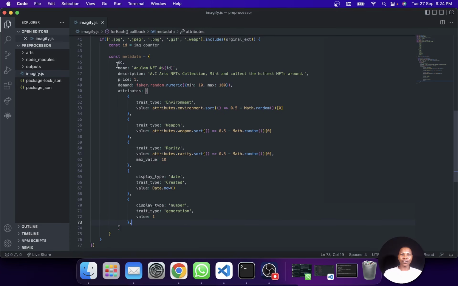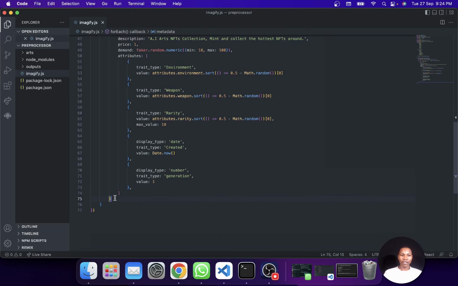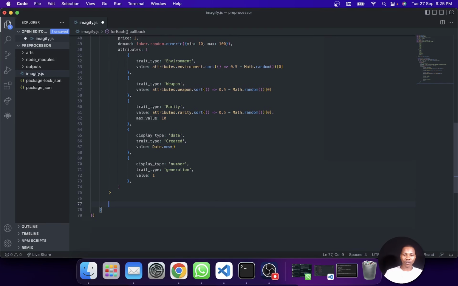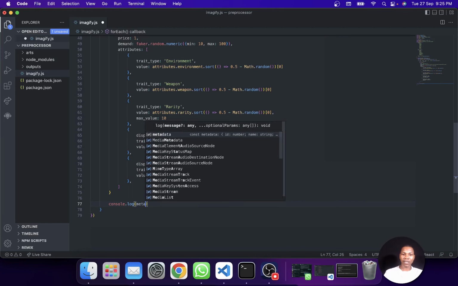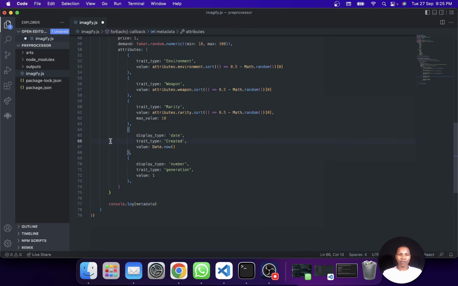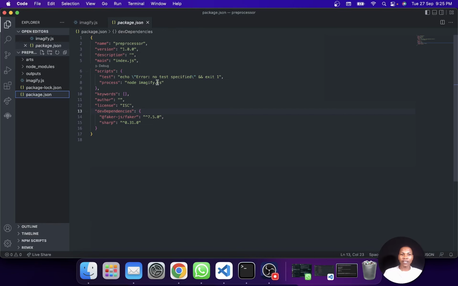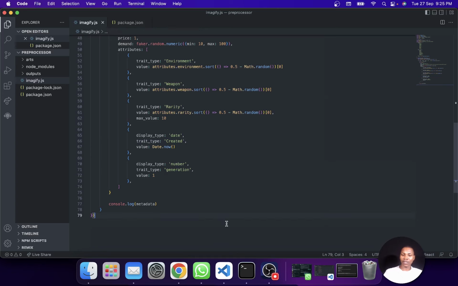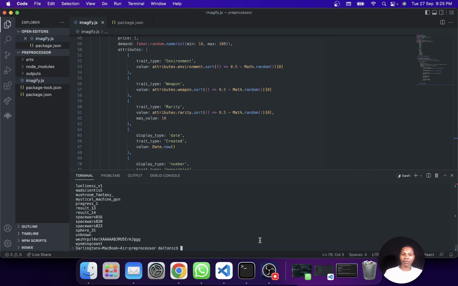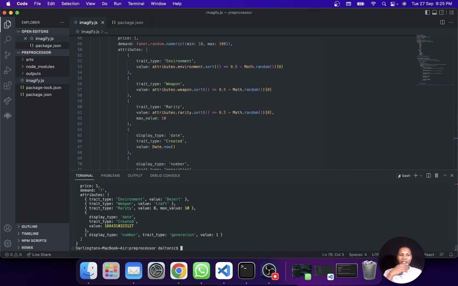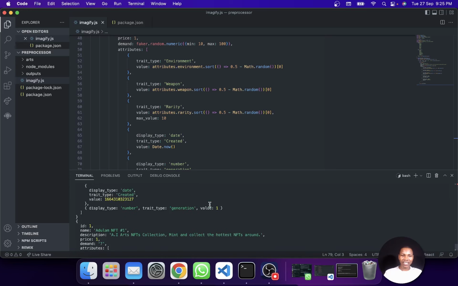Right now, if I do console.log, and what am I logging? This metadata, right? So let's save that. Let's come here and make sure that we first of all say clear, and okay, so now let's run this on the terminal. So let's say process. So it goes about, you see, look at, these are different